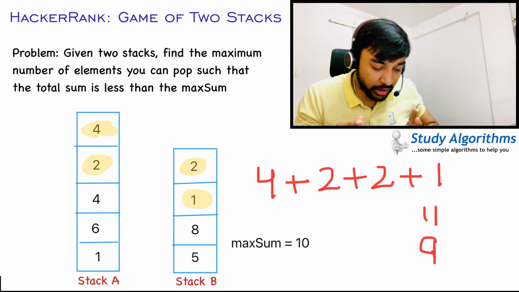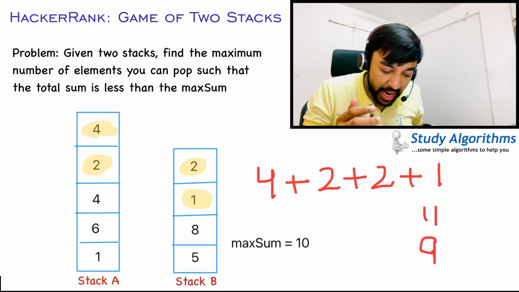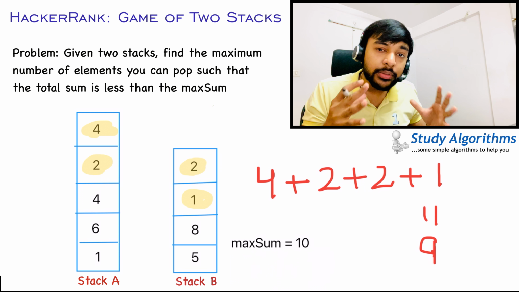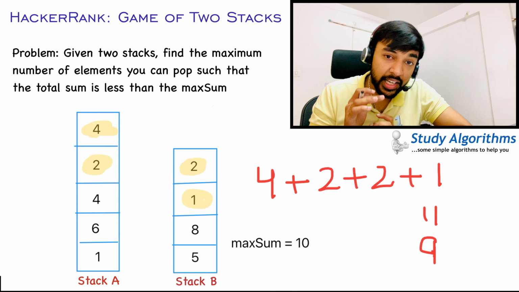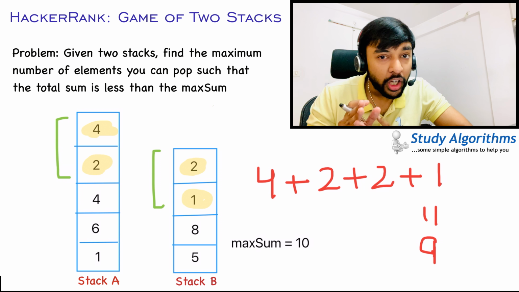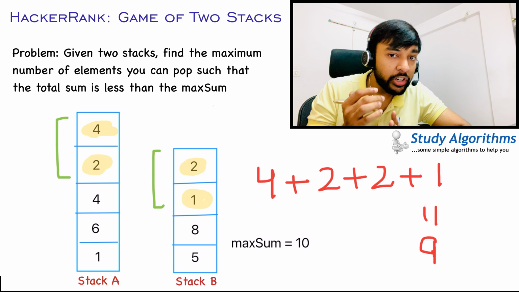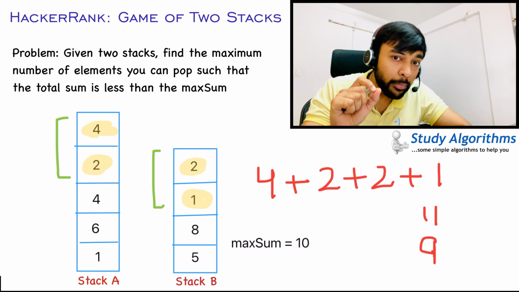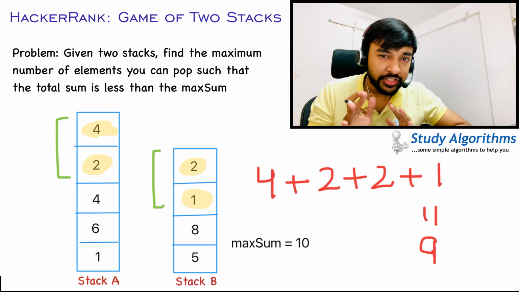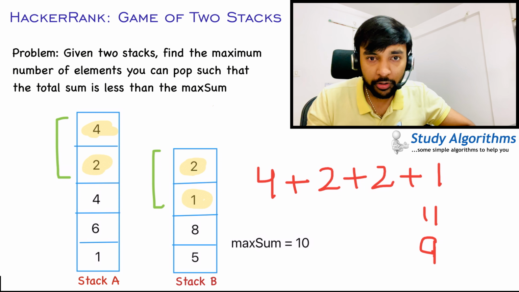So this time our score was 4. In this problem, you can have many combinations of how you are picking the elements. And you have to find out that given the value of max sum, what is the maximum number of elements that you can pick? In fact, for this test case, this is the answer. That means you can pick a maximum of 4 elements. In any other combination, either you will exceed the max sum or the number of elements that you have picked would be less than 4. So now if the problem statement is clear to you, feel free to try it out on your own. Otherwise, we can try to jump into the solution.